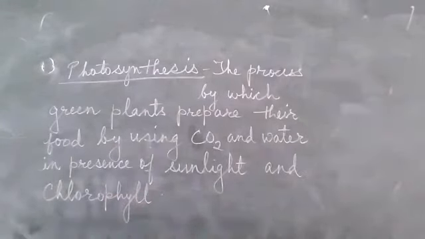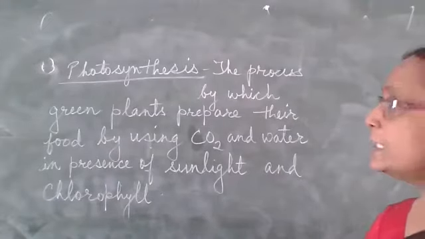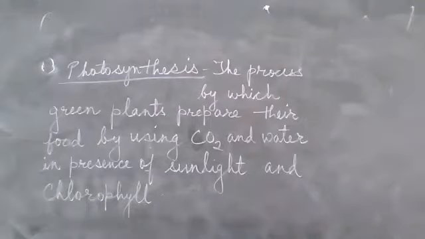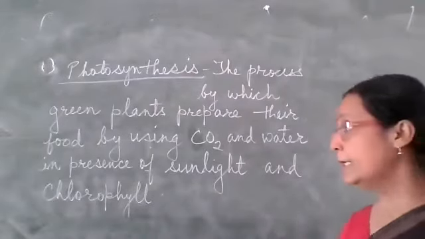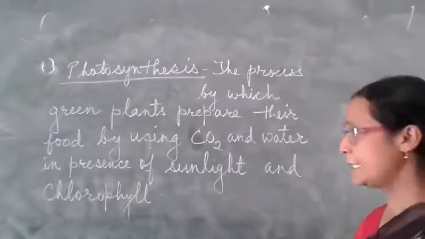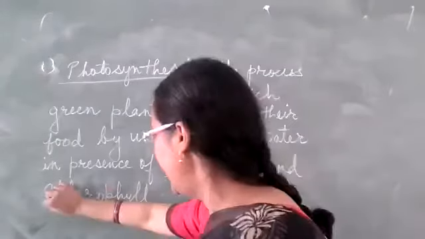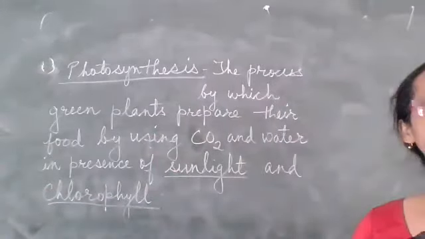After that, we will elaborate this topic. Just now we are writing the definitions of each term. So write down: the process by which green plants prepare their food by using carbon dioxide and water in presence of sunlight and chlorophyll. It is the important thing. In presence means its presence is mandatory, compulsory. Next,